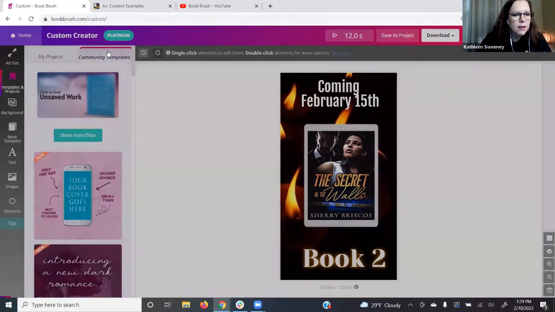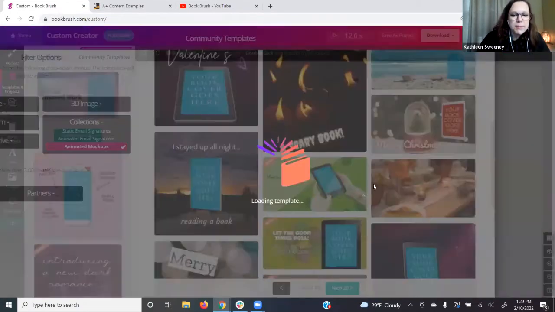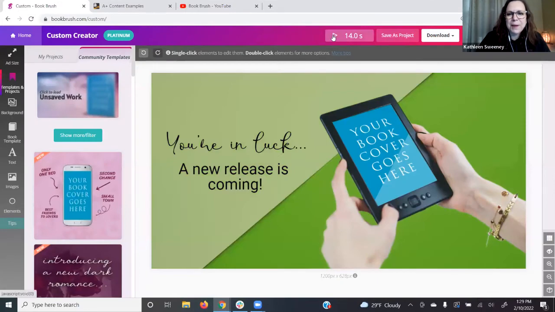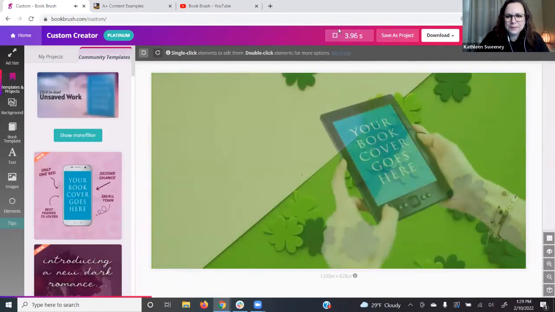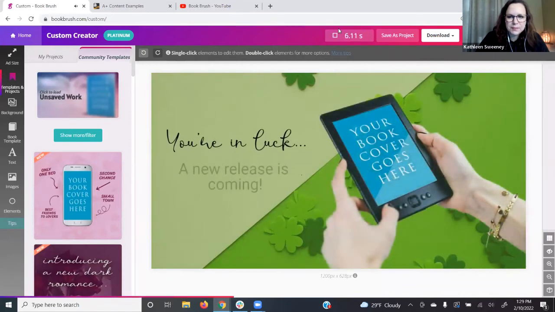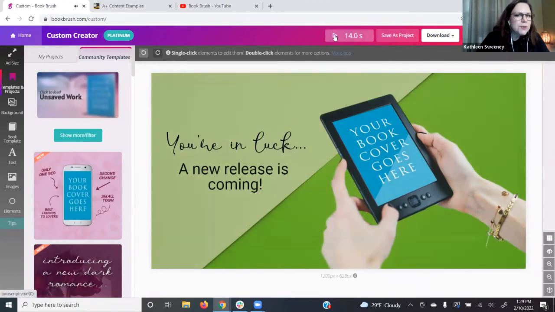Let me pick one that's totally different. How about St. Patrick's Day? We're getting there. Okay. So it goes on for 14 seconds. You can shorten it, you can change the size, you can put in more books to do more things with it, but what a cool starting point. So feel free to get in there and try those out. And we'll